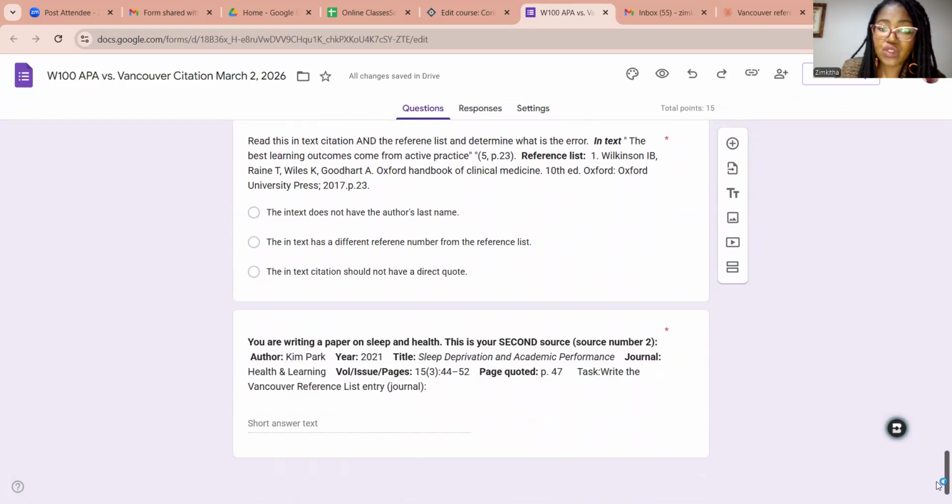And then at the end, you need to write for me a citation. Okay. I hope that makes it easier where you have to write it in Vancouver reference list. I gave you all the information. You just need to do the reference list. It's worth 15 points, and those points will be added to your grade, all right? Just to make sure that you all are paying attention and that you participate in the class.